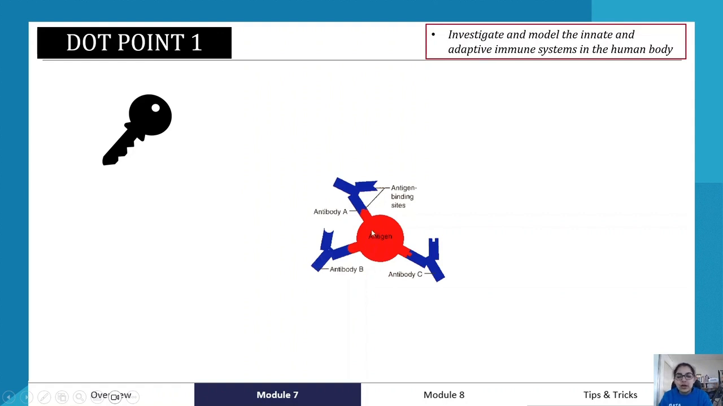And each antigen is going to be different, so it's going to have a specific antibody. And this is where the idea of this process taking time comes in. It's not immediate. It takes time, especially when it's a new pathogen that the body is facing. It is going to take time to actually determine what the antibody is first, and it's a lock and